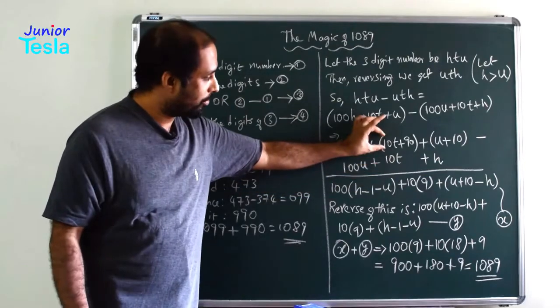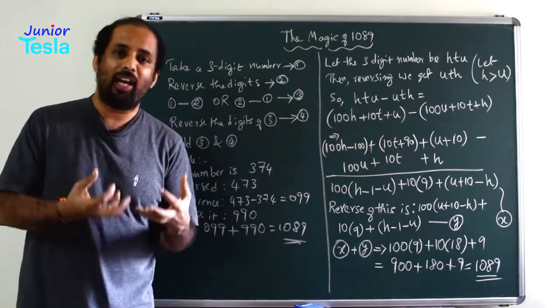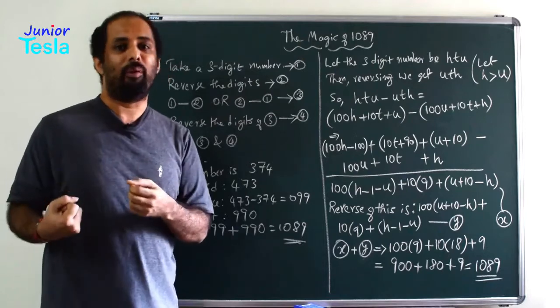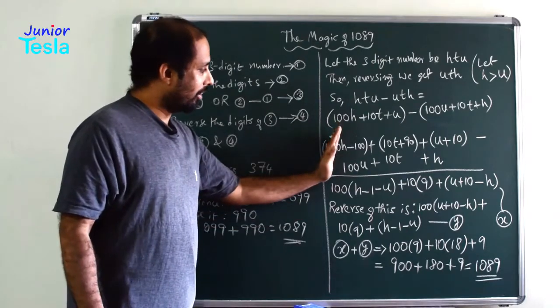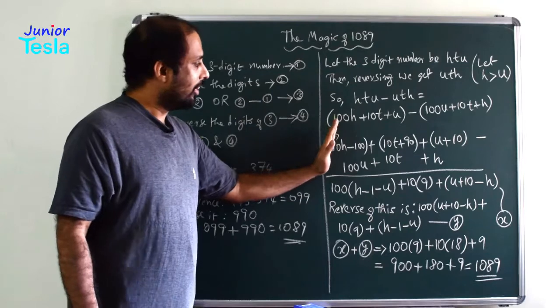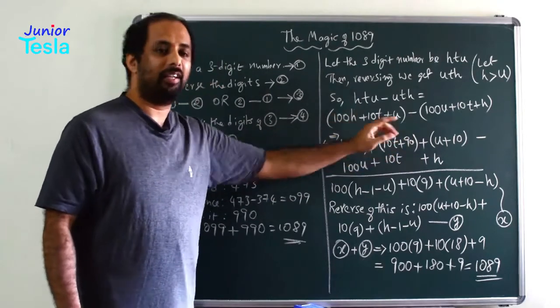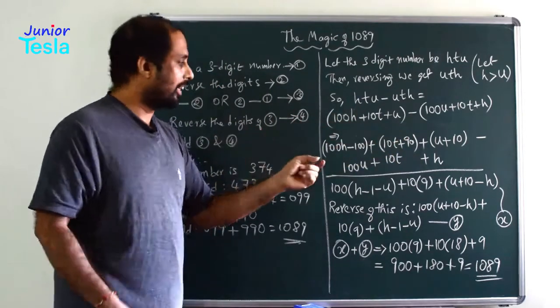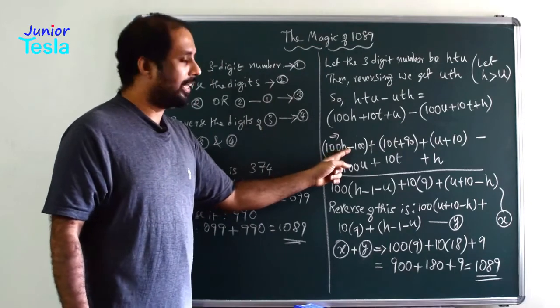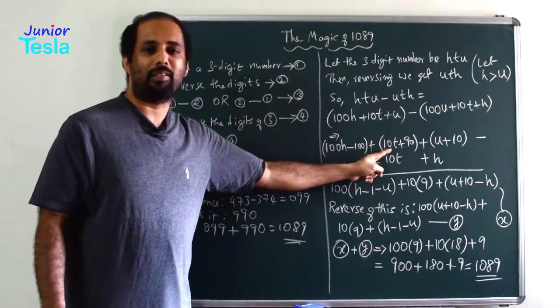So now this number is smaller, this number is greater. So again I have to take a carry from the previous column, right? So I have to take a carry from the hundreds place. So one carry is taken here. So from here it is minus 100 and here it becomes plus 100.